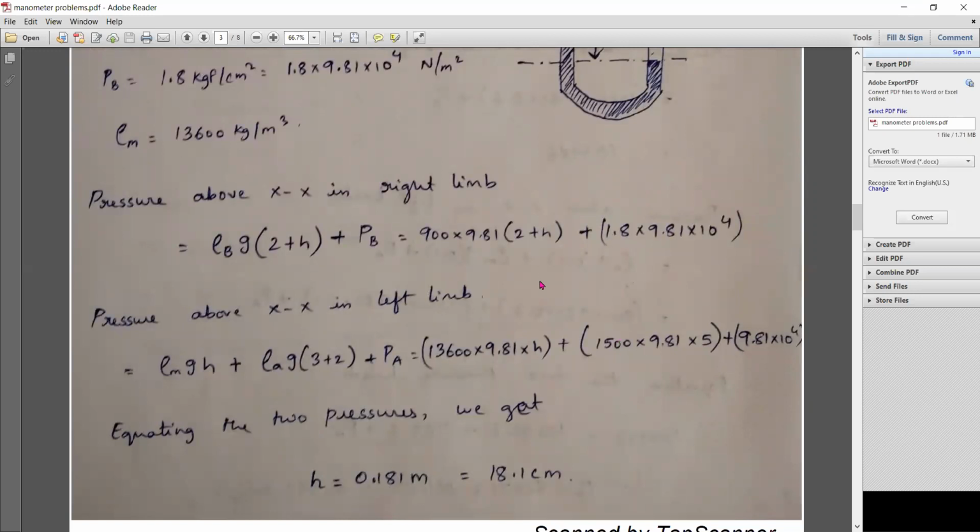It is a little bit lengthy. Please do it slowly; you will get the correct answer. Here first split this term. Since it is multiplied, 900 into 9.81 into 2 is the first term. Again you will get plus 9.81 H. First multiply these two, 900 into 9.81, and you get one value. Multiply that with 2 as the first term. Again multiply that with H to get the second term. So two terms will come here.